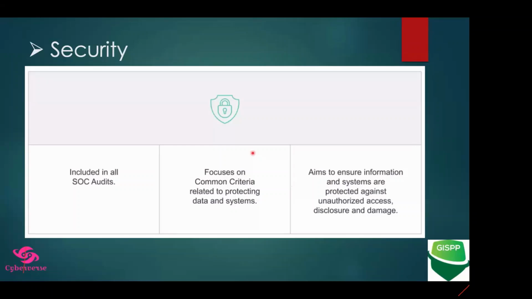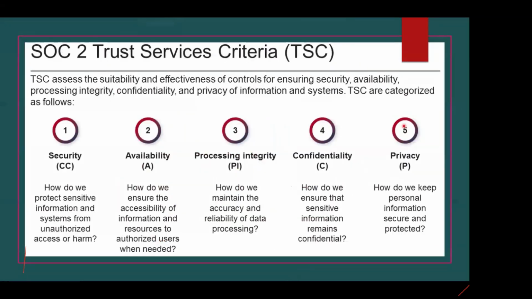Now, a very important thing is out of these 5, and I'm going to explain that in the next few slides as well. For all the other ones, you can see privacy is P, which comes from privacy. C stands for confidentiality. PI stands for processing integrity. A stands for availability. You might ask why S was not used for security, right? The reason is, and this is not my abbreviation by the way, this is coming from SOC2 itself. If you look at the SOC2 framework on the AICPA website, this is what they have used.